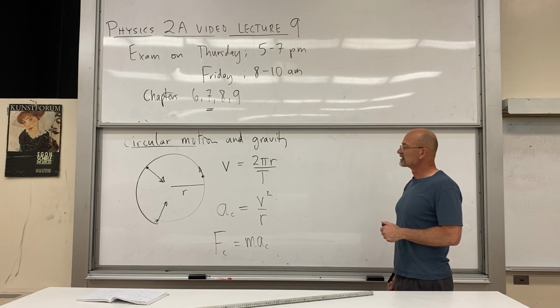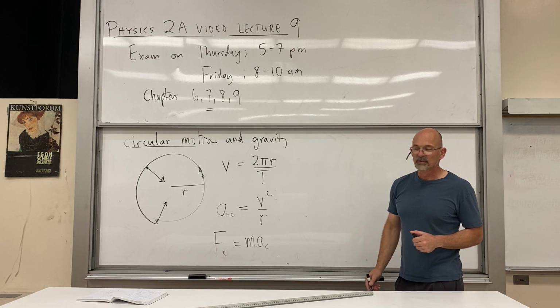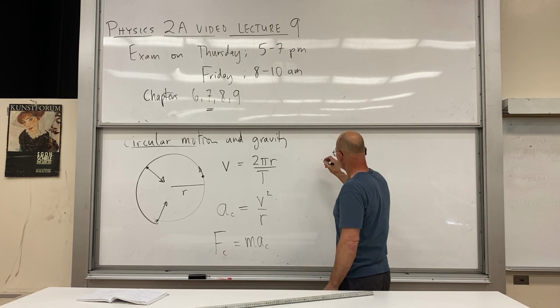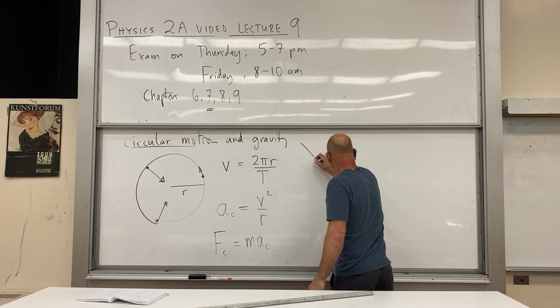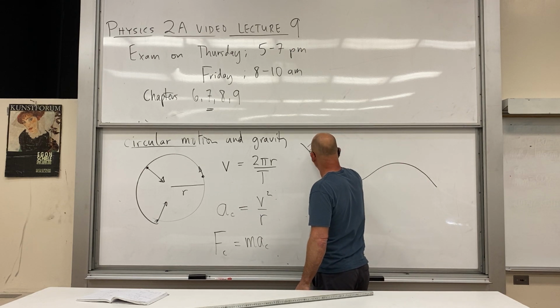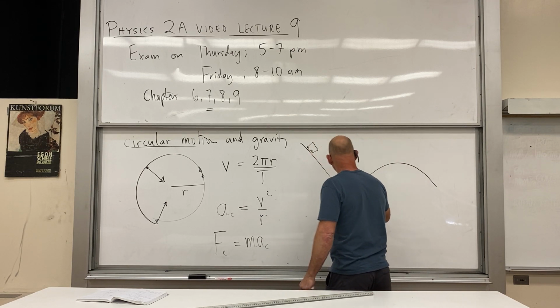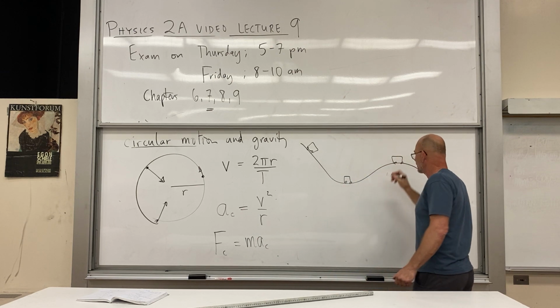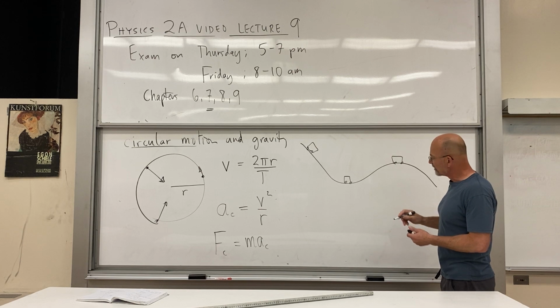Did we do that in class in a video lecture? The roller coaster. Okay. Roller coaster is a very important example. So we've got the roller coaster with its hills here. And then if you're at the bottom of the hill,